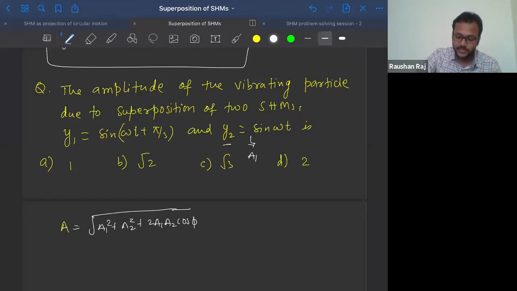However, this is Y2 given to you. That is why I'm saying, or you have to reverse that. But always I'm telling you this, always consider the same. This is considered as A1. So iske hisab se kaam karna. Okay. So what is the value of A1 A2 here?